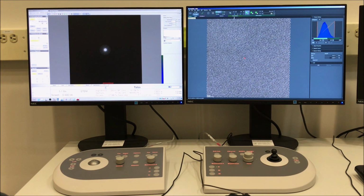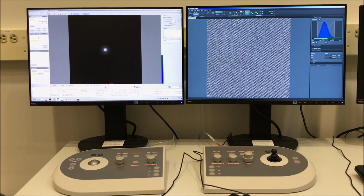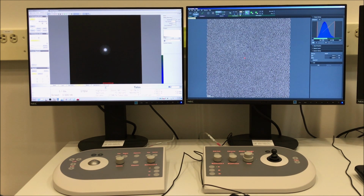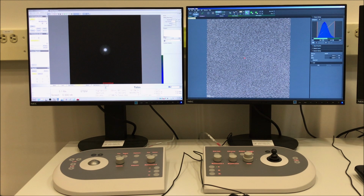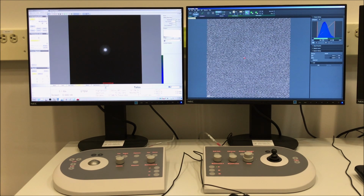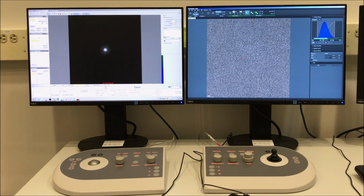But another thing we can do too is we can actually rotate the scanning pattern using the scan rotation feature on the main toolbar in Velox. So we have certain features aligned how we want them. So as we're viewing the silicon here along a 110 zone axis, if we have the features oriented so the dumbbells are running left to right, it's going to make doing the stigmation a lot easier. So you can adjust the scan rotation using this box on the toolbar here